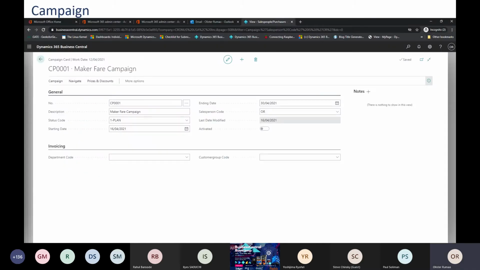Okay, so this is a common campaign which I've created. Let's say my company is an engineering company, and I'm going to a maker fair campaign where I'll be having my own place to showcase my products. So I can create it here. I can assign a corresponding salesperson to it. Maybe I can give the start date and end date. The best part of this is